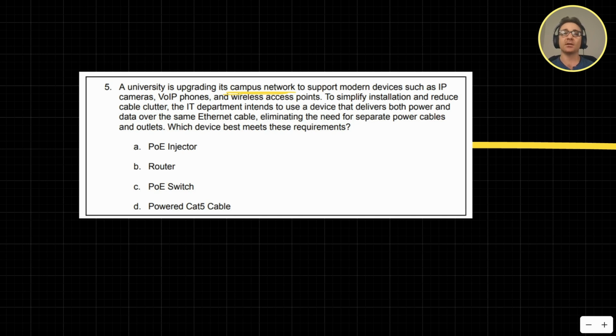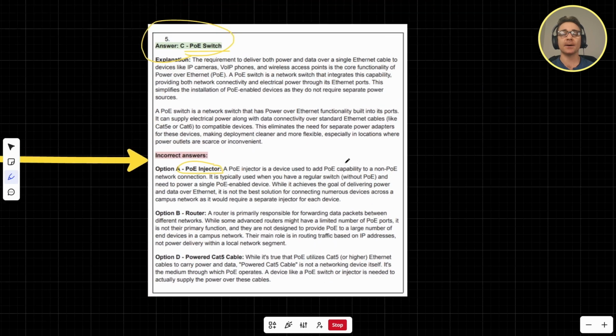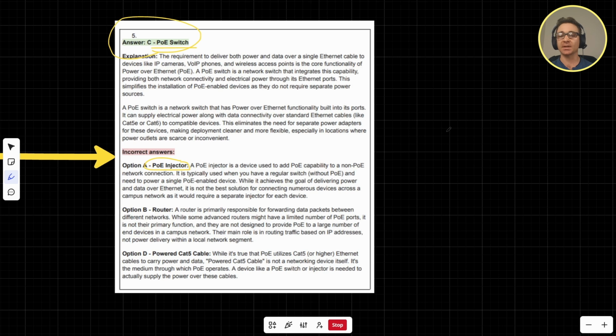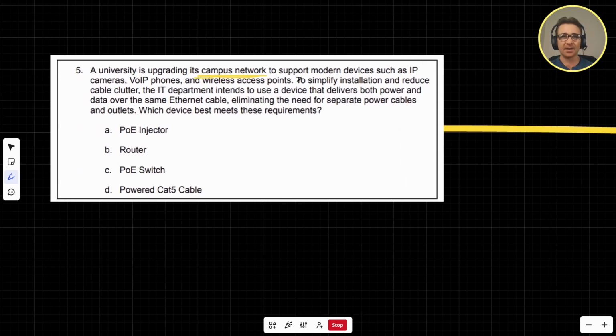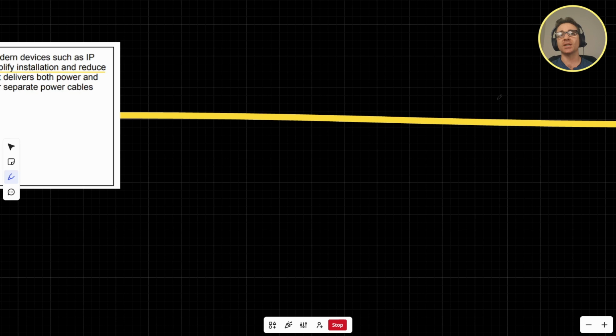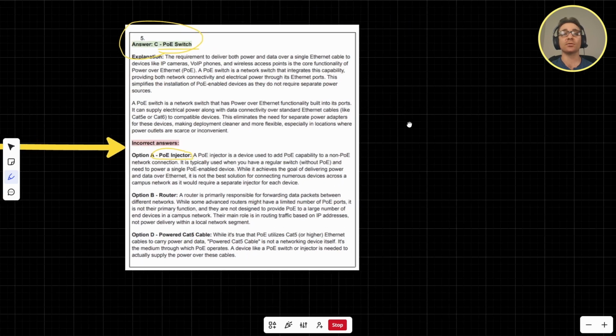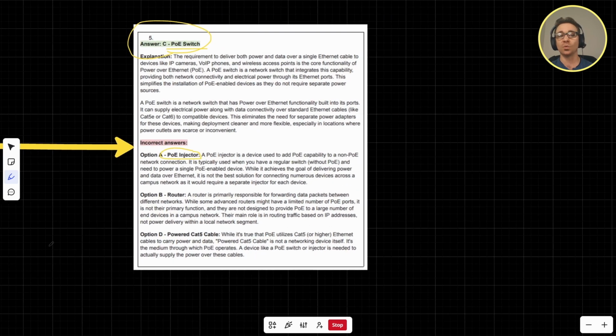It's too much. On this scale, you would want a power over Ethernet switch in this situation, just because of the scale, and also they didn't say that they were trying to save as much money as possible. They were just trying to simplify installation and reduce cable clutter, right? So the power over Ethernet switch is simply the best option for that. So pause and have a read of the answer and description there if you want, but I'm going to move